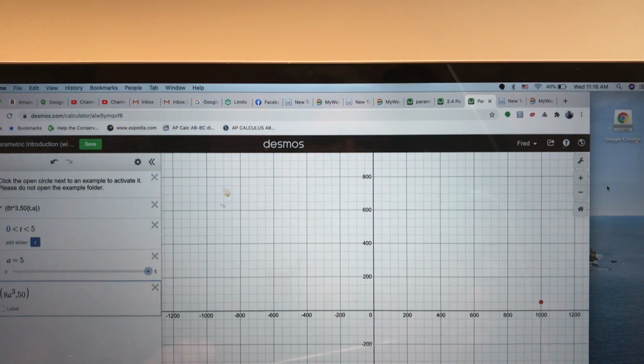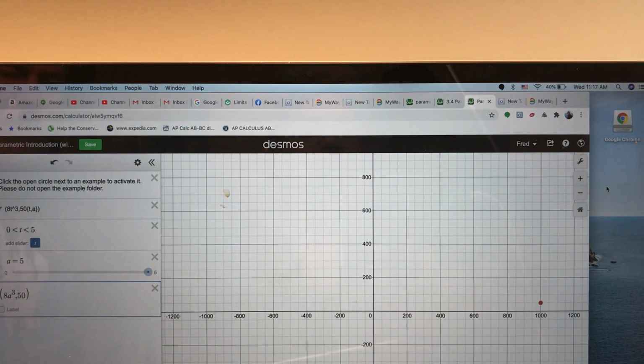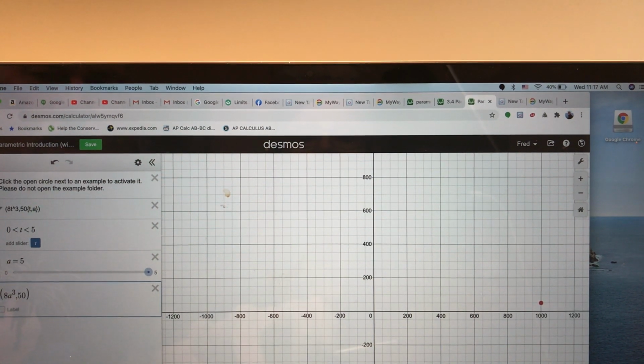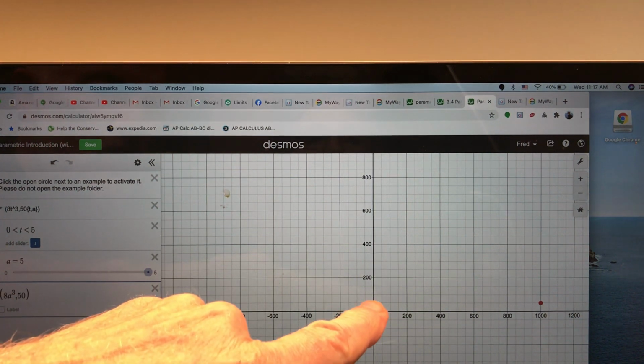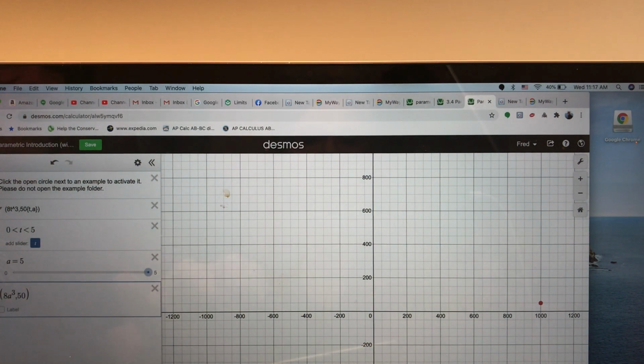So, if you look at this, we now can look at that little red dot on there. I hope you can see that. And when I hit the beginning, watch that red dot. It should be starting where? It should be starting here at position 0, and it should be moving to the right and getting faster and